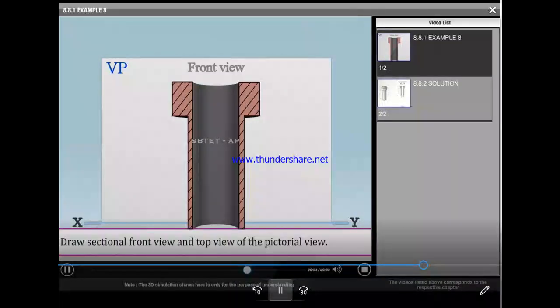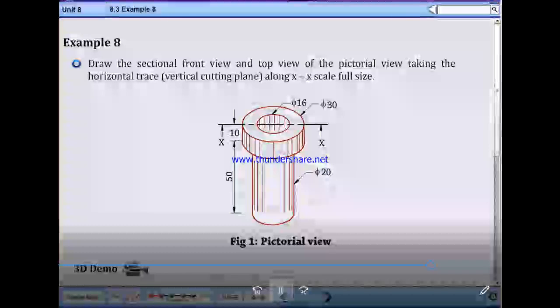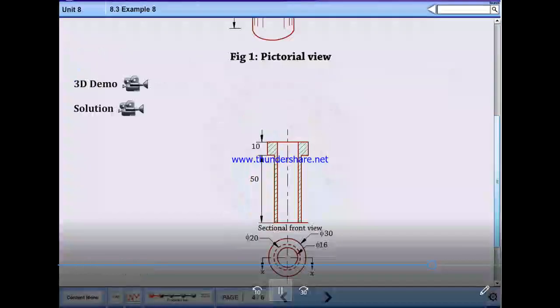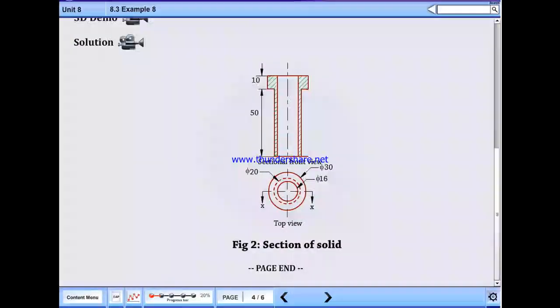We need to draw the sectional front view of the solid and the top view according to the position of the cutting plane. Now this is the section of the solid. Now note down.